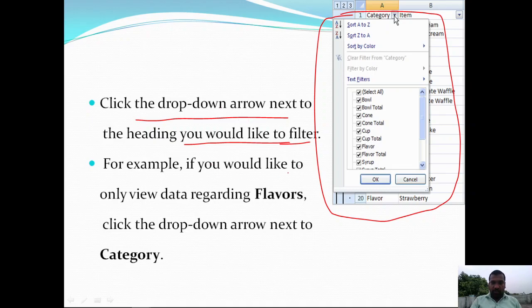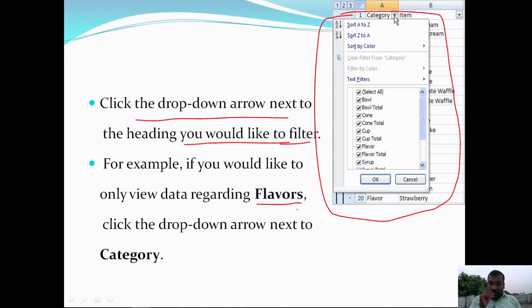For example, if you would like to only view data regarding flavors. This is one of the columns in ice creams, flavors in ice creams. Then different flavors are there.